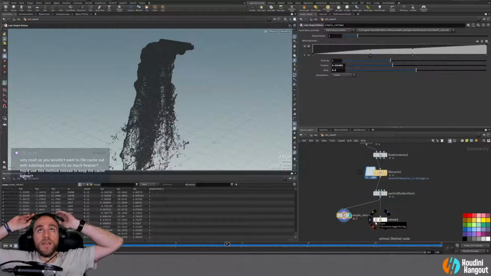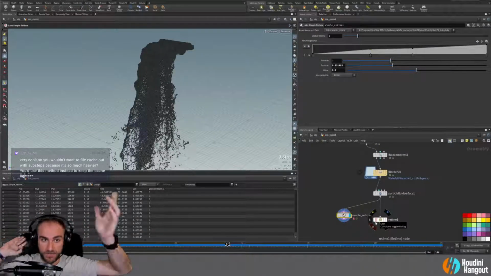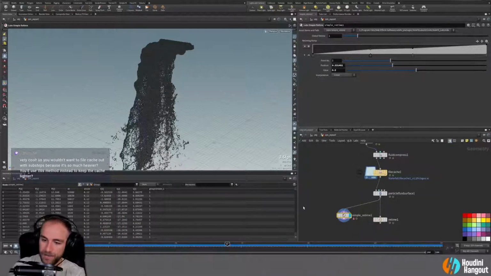This method would let you sim in real time, right? So I sim this waterfall in real time, and it would allow me to